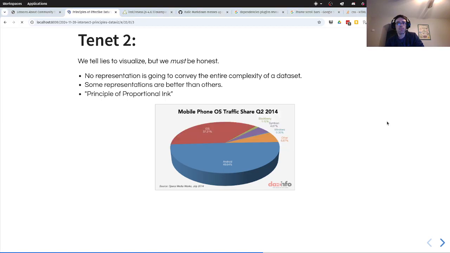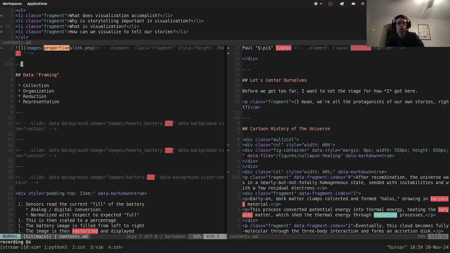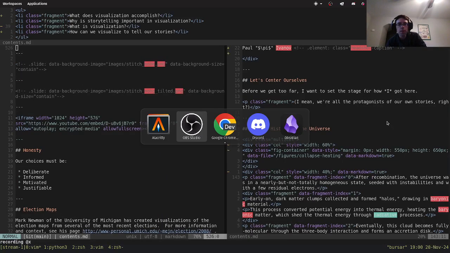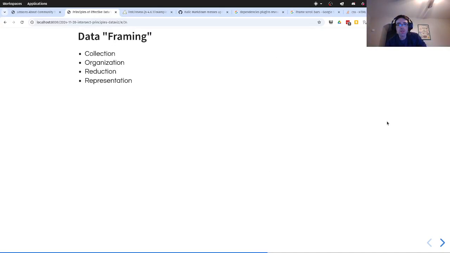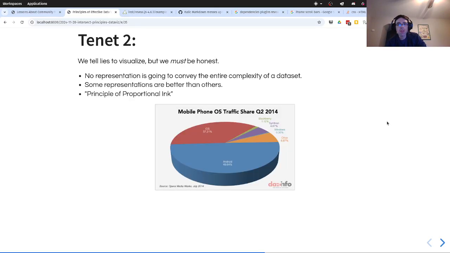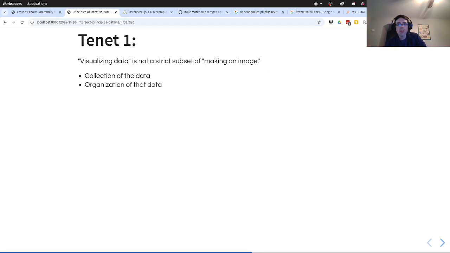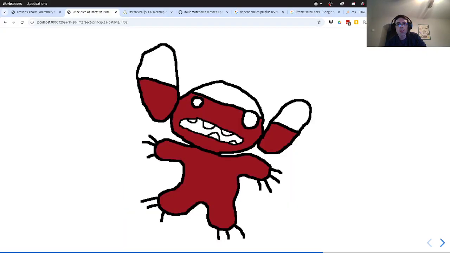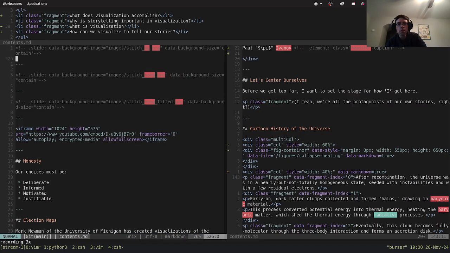Okay, data framing. Okay, so now this part I like because the whole idea is that maybe I should put this. Yeah, what I'm going to do is I'm going to take all the do me stuff,